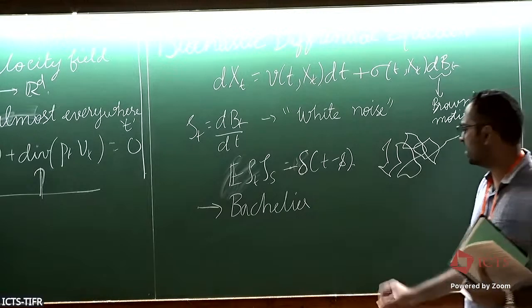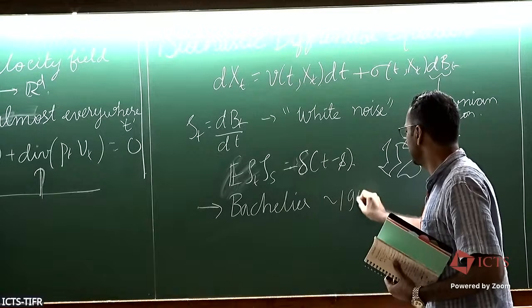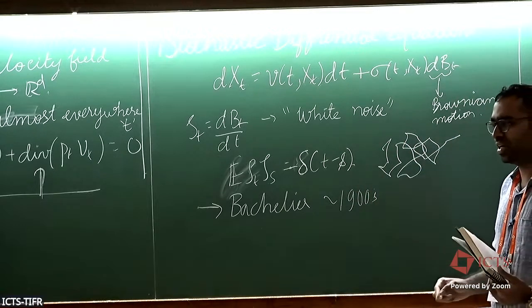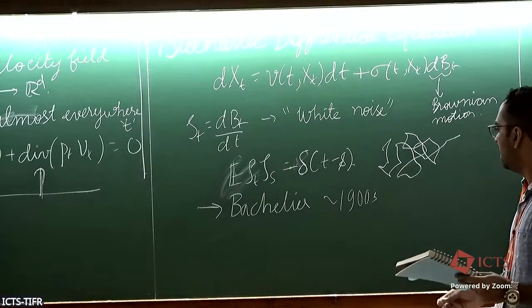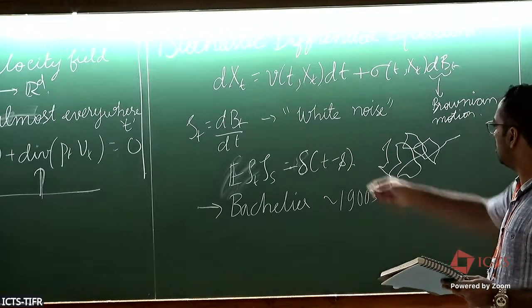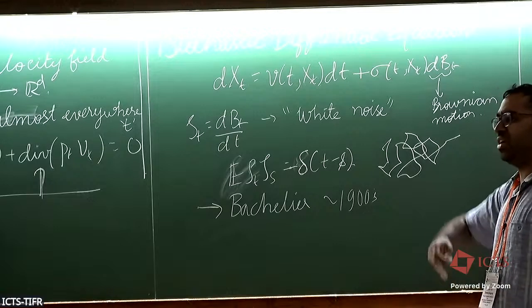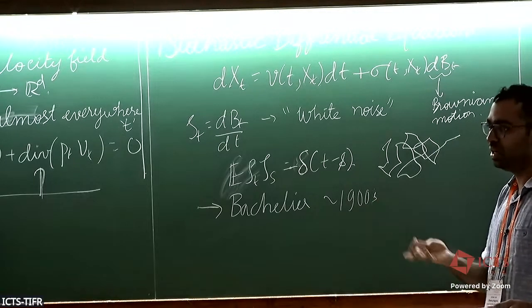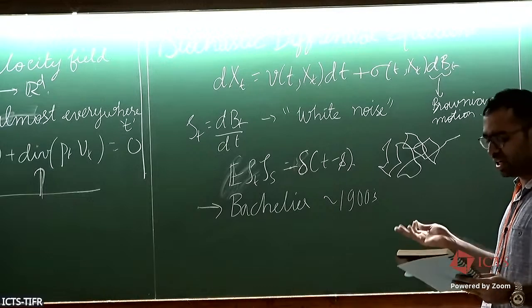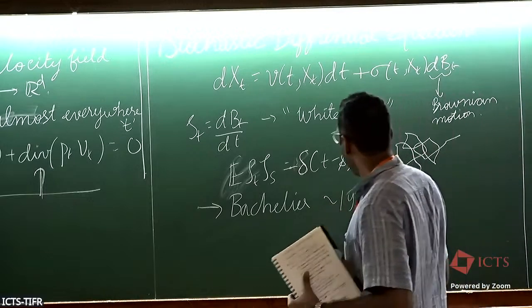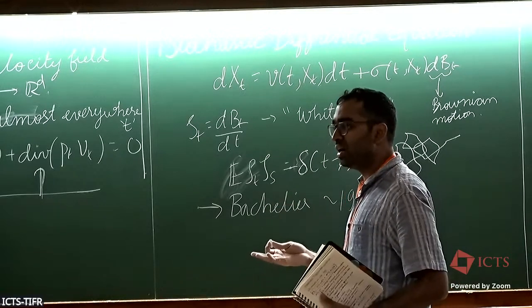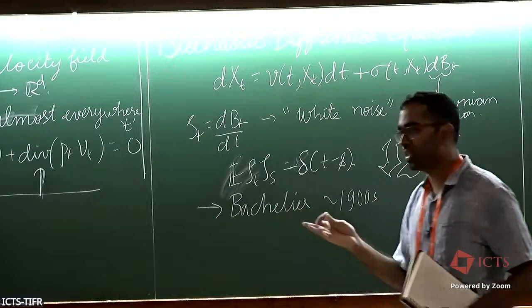Yeah, around the 1900s, somewhere in some decade around that. I can tell you the exact reference maybe later. He came up with the concept of Brownian motion. He said, okay, if this kind of quantity exists, then it can be used to model uncertainty in finance, for example, right? And it was quite good, but it was hard to actually define this in a probability space, right? I'll tell you what was exactly the challenge.